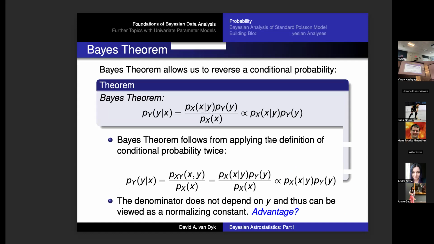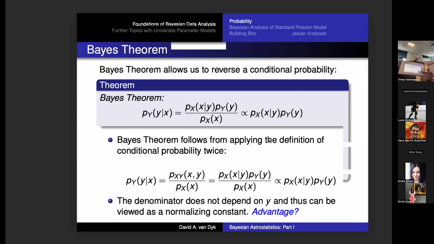So Bayes' theorem. Why this is fun: you can use it for anything you want. Bayes' theorem is how you switch probabilities. So if you go to a doctor and he says you got a positive test for something bad, say cancer, you might say, well, how reliable is the test? And he or she tells you that 90% of people who actually have cancer have a positive test. And you're like, well, that doesn't actually help me. I want to know, given that I have a positive test, what's the probability that I have cancer? I want to flip the direction of the probabilities. And Bayes' theorem allows you to do that, right?